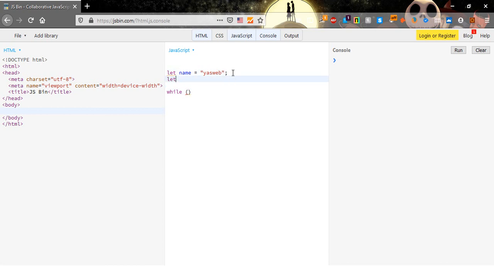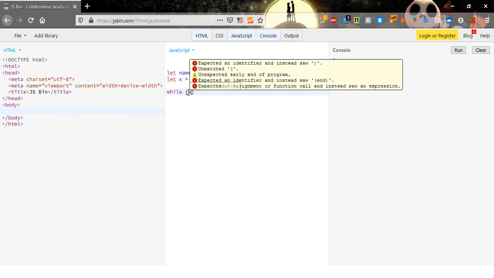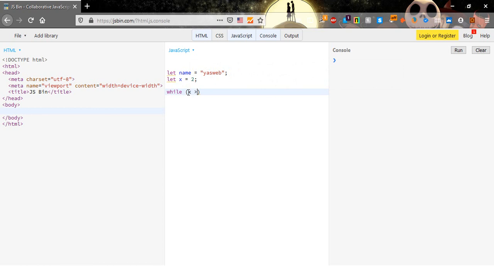Here I will also let another variable x, for example, equal 2, and here, for example, while x is bigger than 0, do this code, and here I will just type this name. So now if we run this,